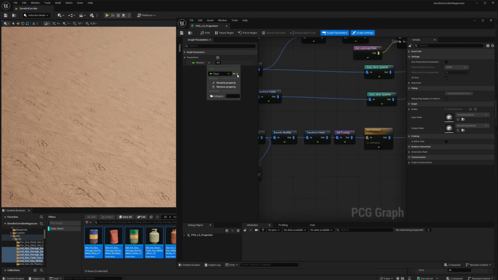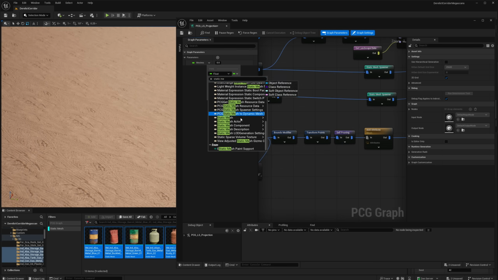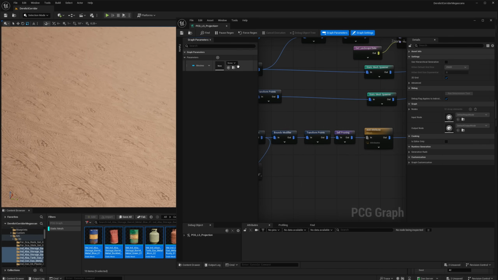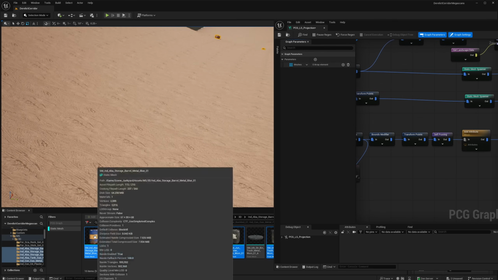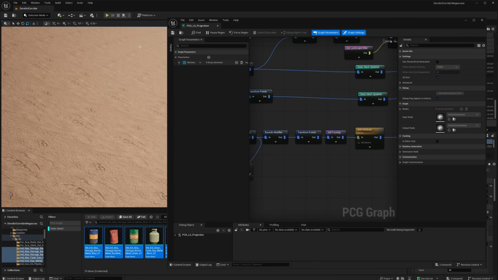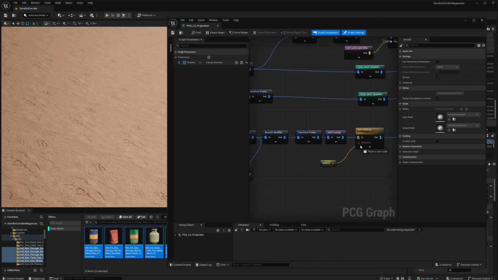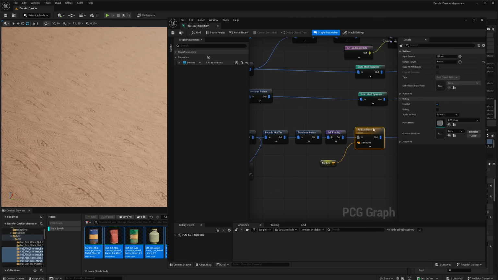And the type will be static mesh object reference, and also it will be an array, not a single object. So now I can drag all of these 9 objects into my array element. So this will be the default value. Now I can get my meshes parameter by right click, search for meshes or the name that you've given your parameter, and I'll connect it here into the attribute